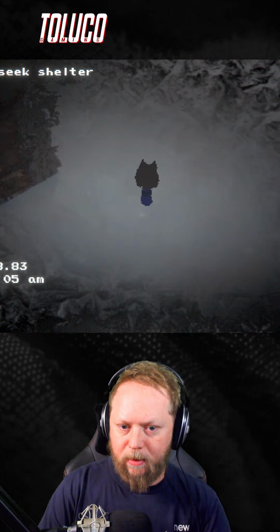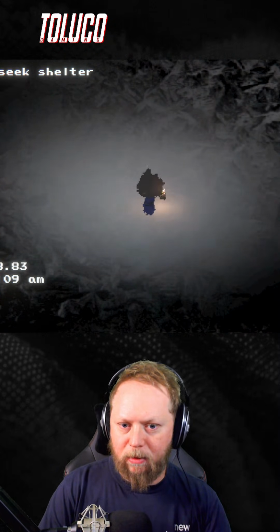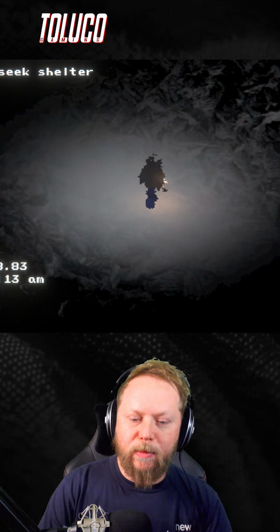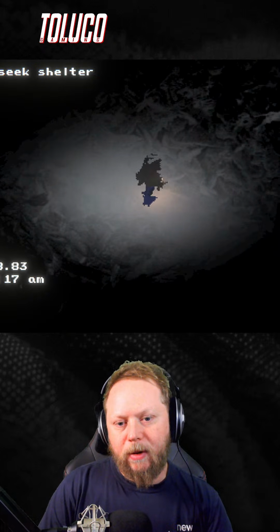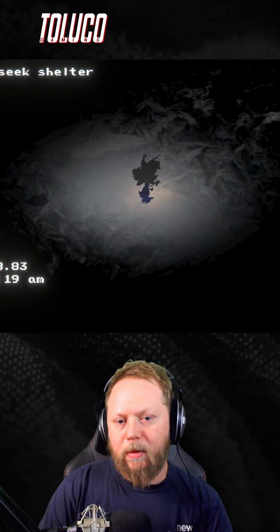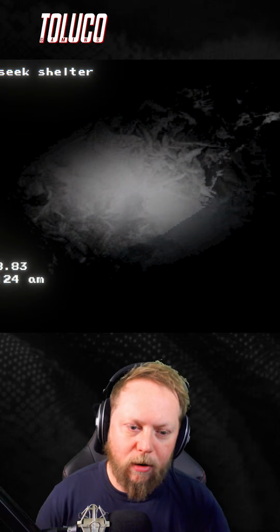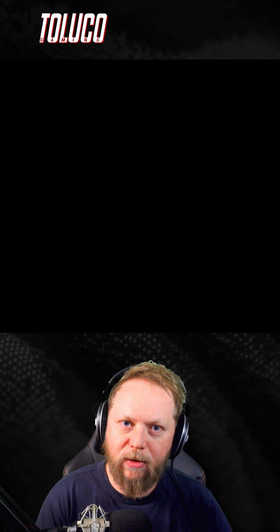Shift. Lighter. The lighter keeps the ice away just for a tiny bit, but it's not really working. So that's what I was meaning to do. This is going to kill me and I'm going to have to restart, but what I was wanting to do was, I could have got to the truck maybe. What I need to do is buy some firewood. That's what I need to do.